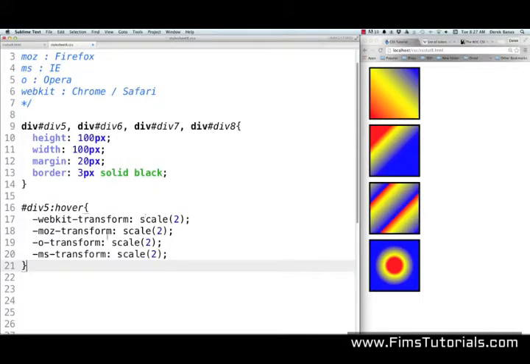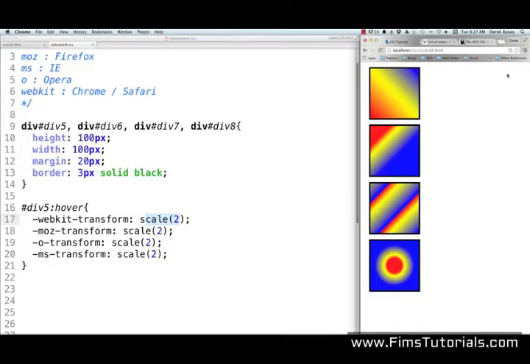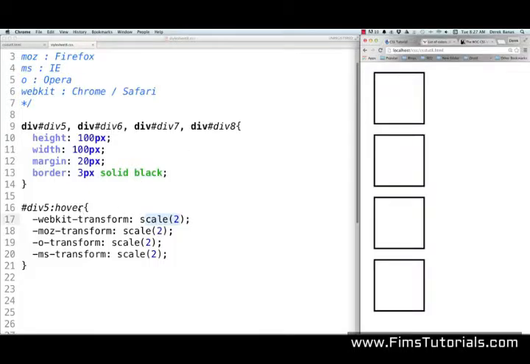So let's start off with a basic scale. And again, we're just going to type in our prefix right here with transform, and then follow that up with scale by 2. So we're going to say that we want our element to scale by 2, and specifically when we hover over it. So you can see there it went and it's scaled. I could probably move it and that would look a little bit nicer, but either way,